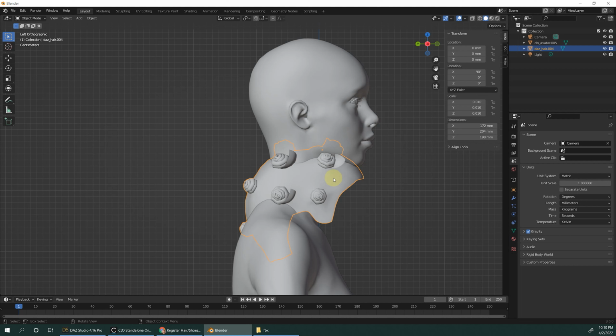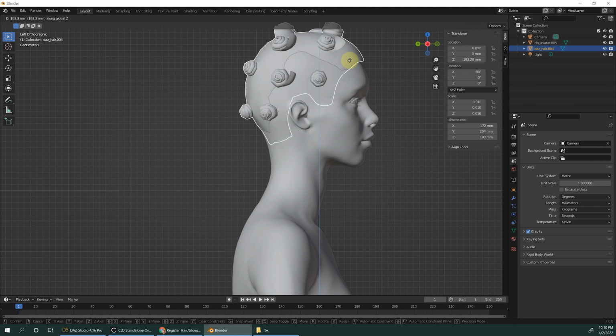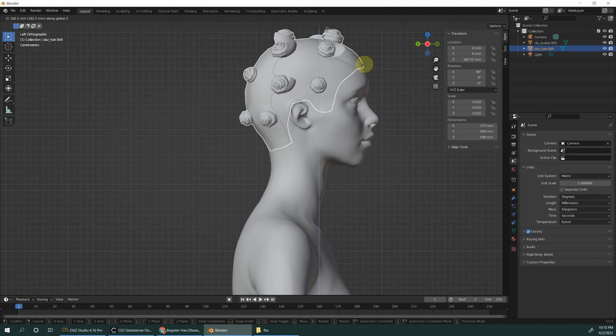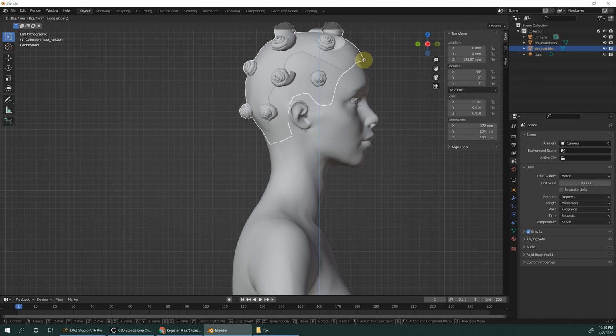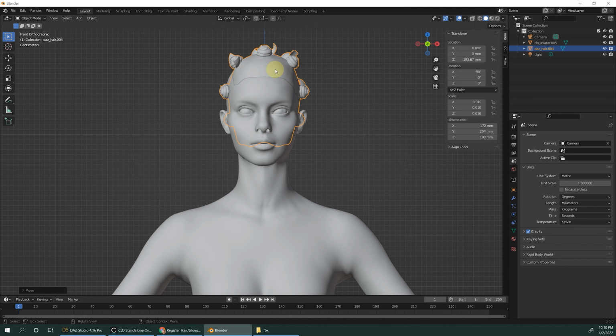We use G for grab, click Z, then you will perfectly move up. Go to the front view and check, and you will see it's a little bit off. Let's just move it to the left a little bit.